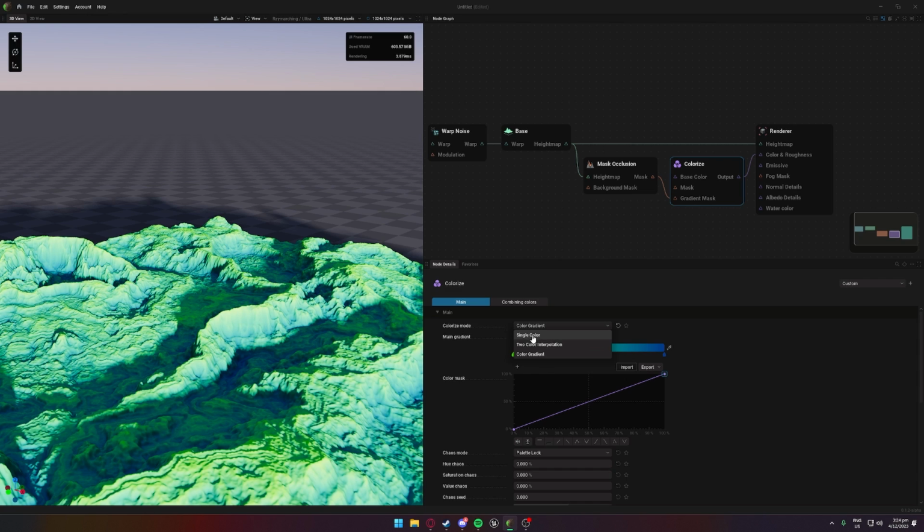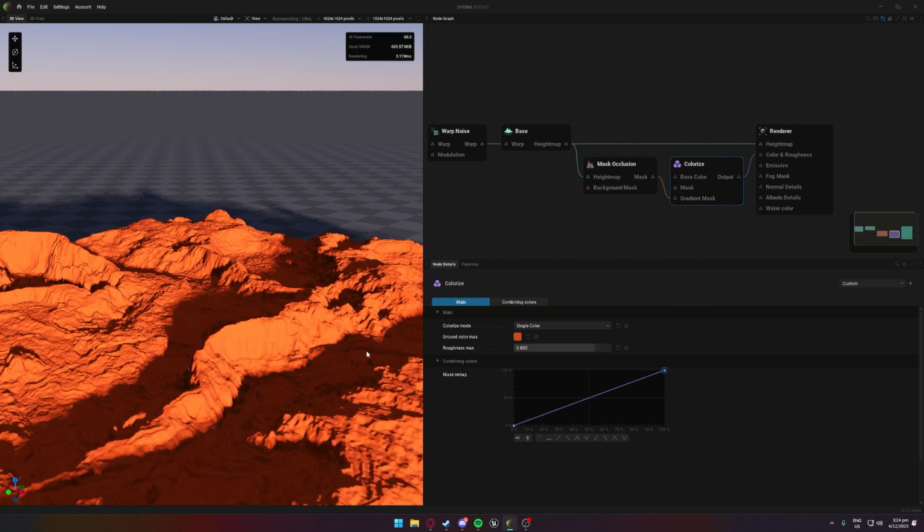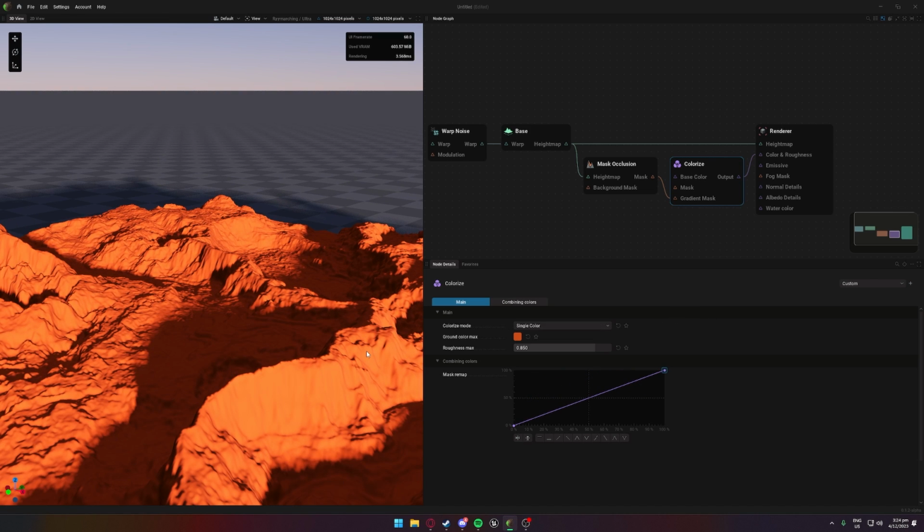I should preface first, you have different styles here with a single color, if you would rather a single color. Now, this generally isn't going to be something that you will want to use. Generally, to get more high detail terrains, you'll want multiple. So going generally with color gradient. But if you're just wanting to colorize a specific portion, as you've masked it out with, for example, the mask,